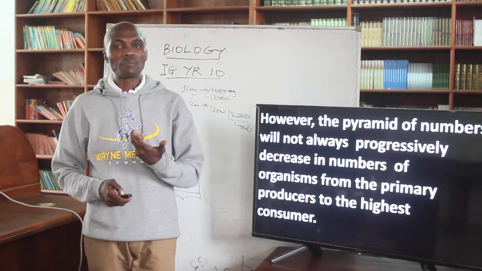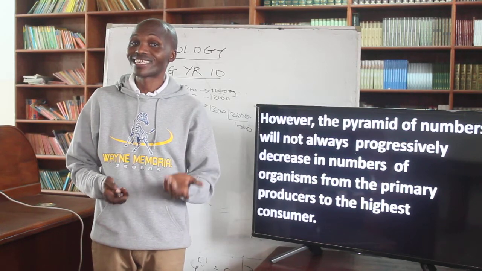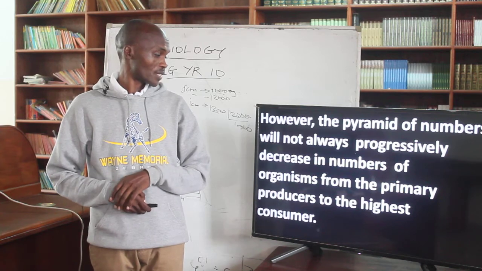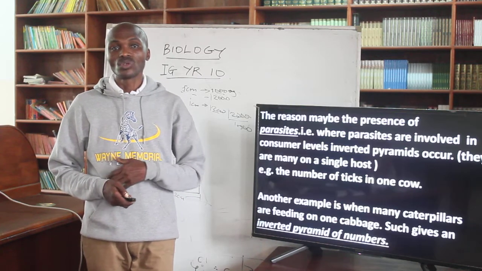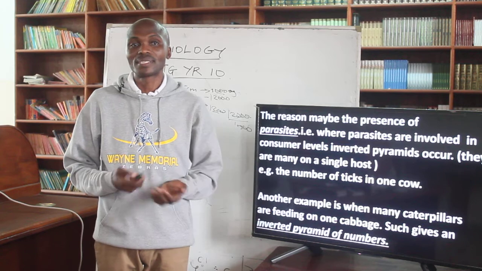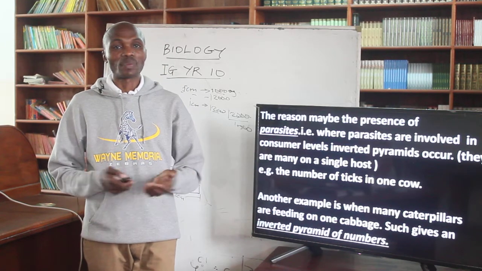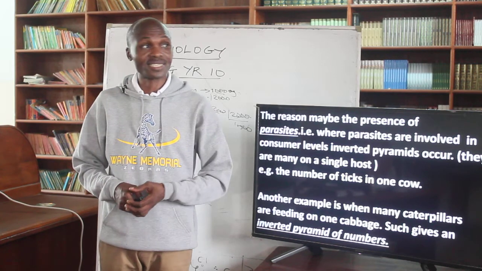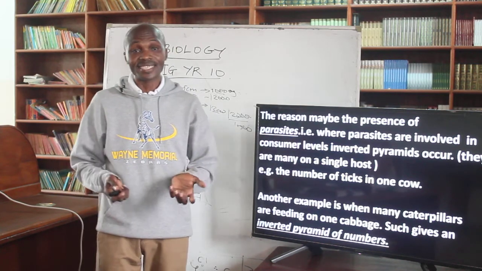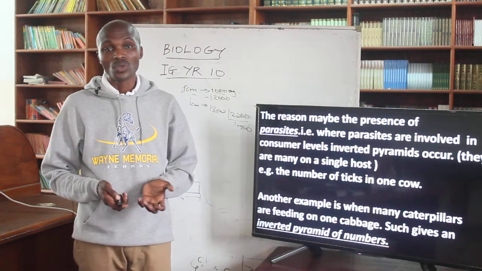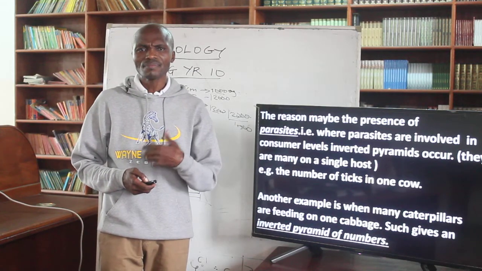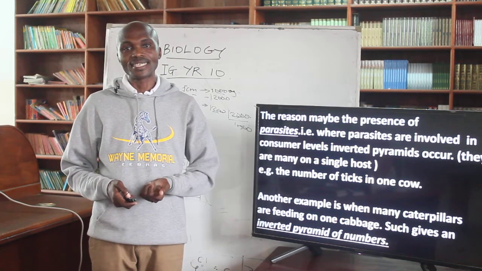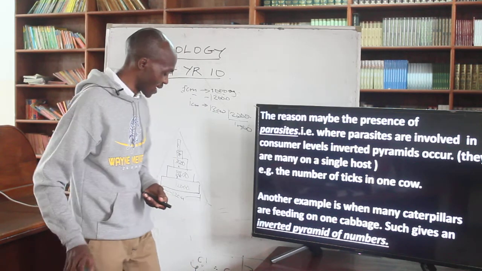However, the pyramid of numbers will not always progressively decrease in numbers of organisms from the primary producers to the highest consumer. The reason for this is that sometimes you may have so many parasites infesting a particular host. For example, you could have 20 ticks on only one cow. You can also have many caterpillars feeding on one cabbage. In such cases, you are likely to end up with what we refer to as an